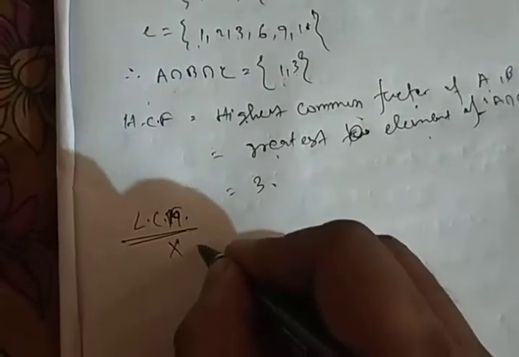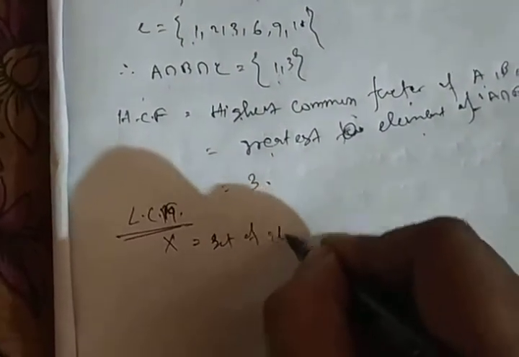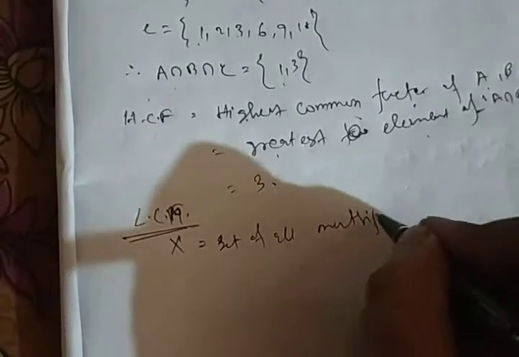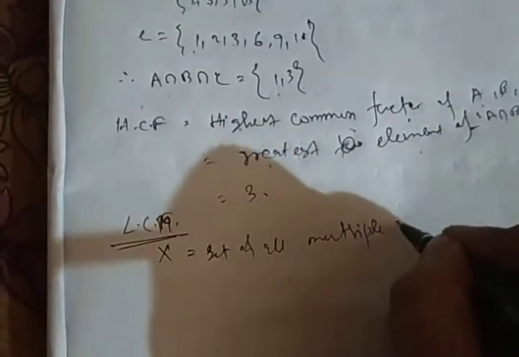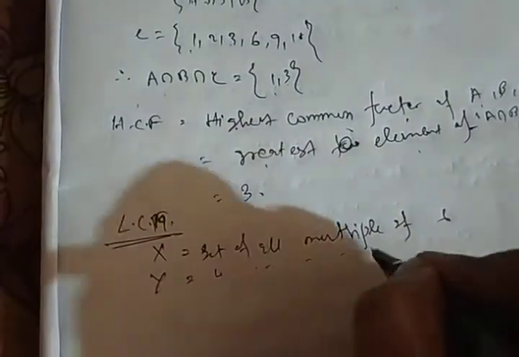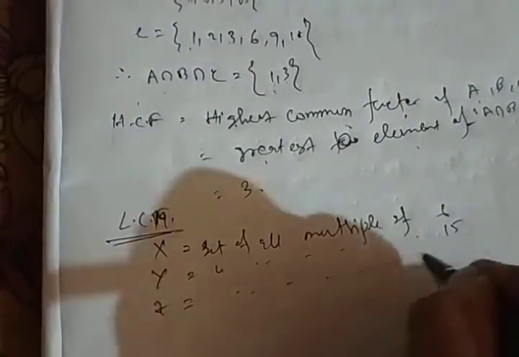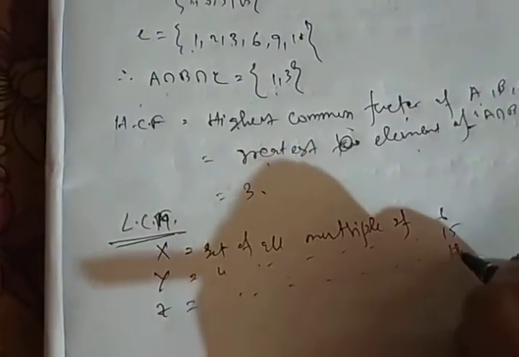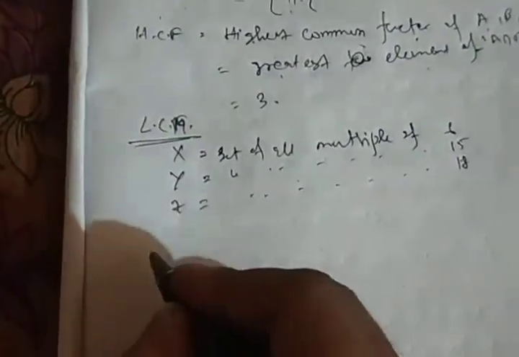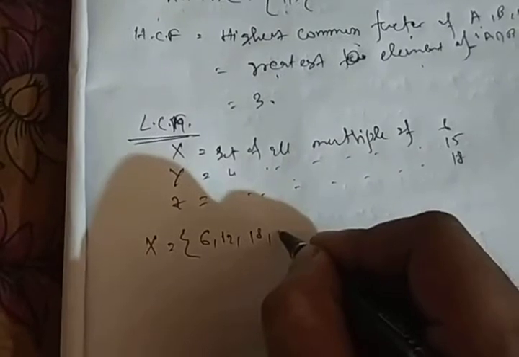Let x be the set of all multiples of 6, y the set of all multiples of 15, z equals the set of all multiples of 18. So x equals the set of all multiples of 6, which are 6, next 12, next 18,